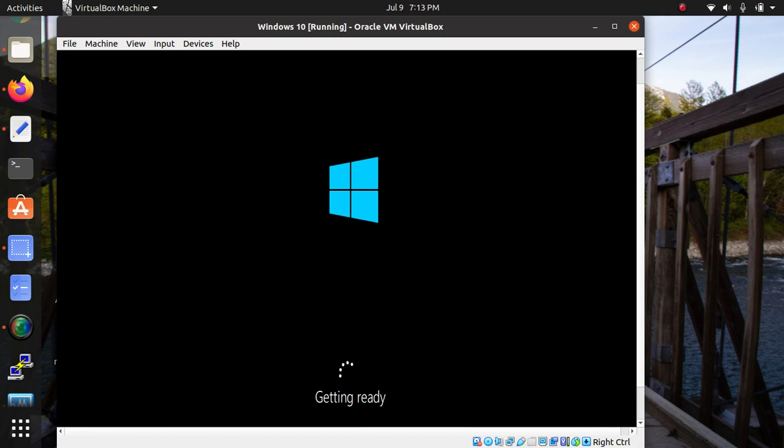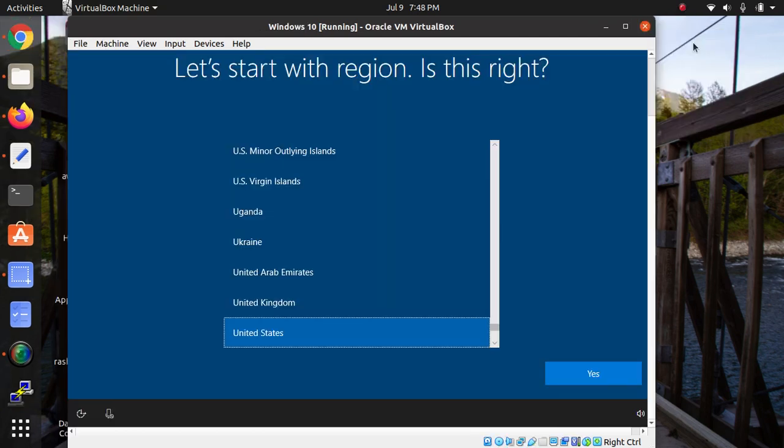When you click with the keyboard or the mouse inside the VirtualBox and you want to come out of the VirtualBox, just press the right control key. So I'm telling you again, just press the right control key, and it will come out of the VirtualBox. You can see this is the method to come out. So this is taking a little bit of time.